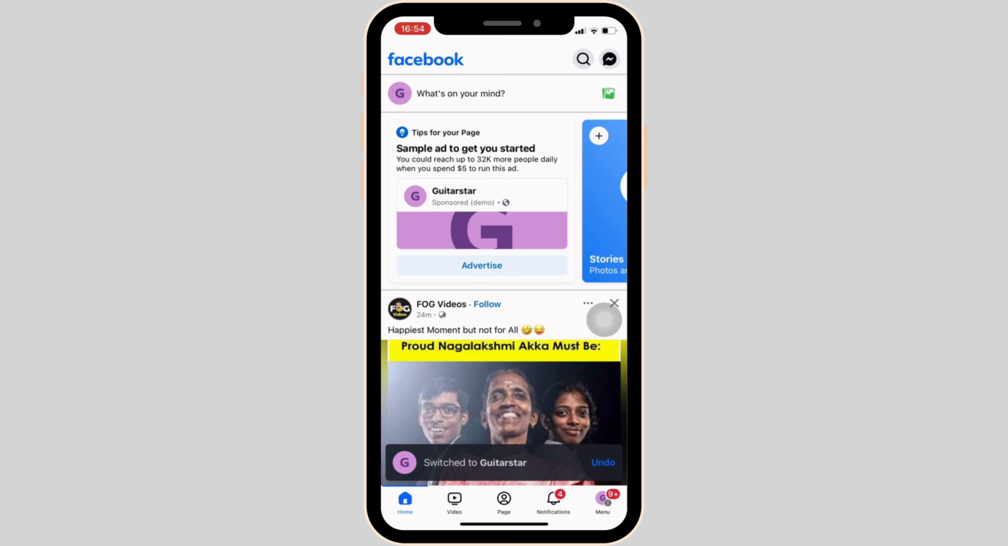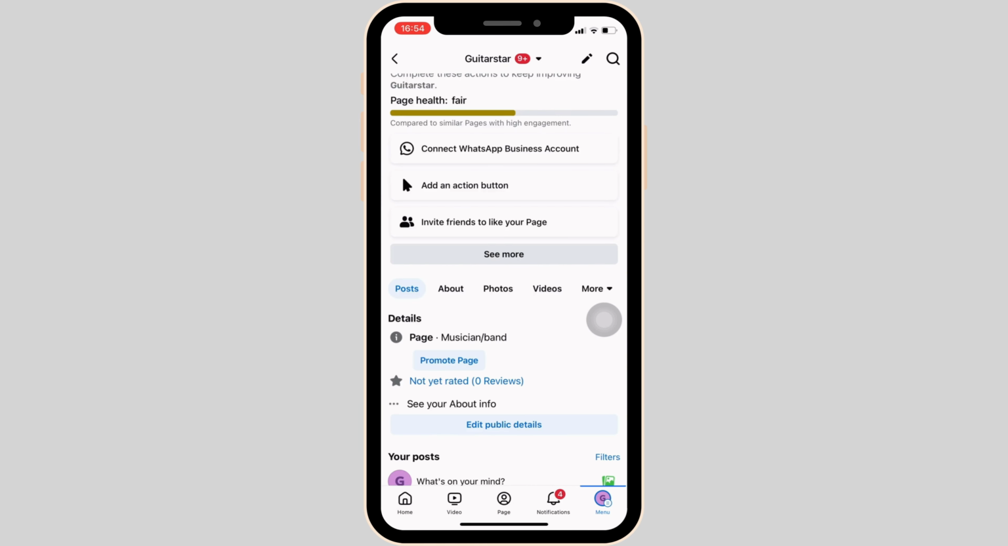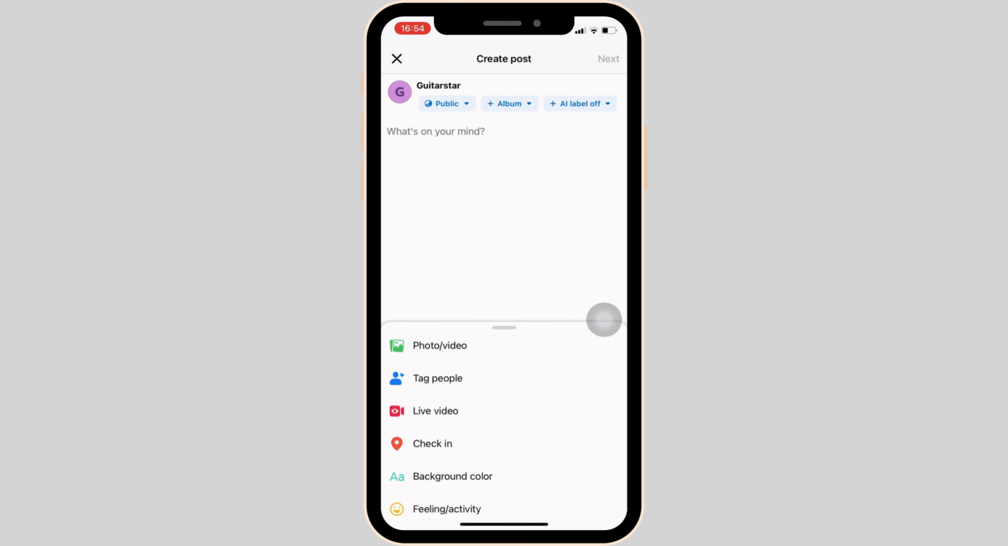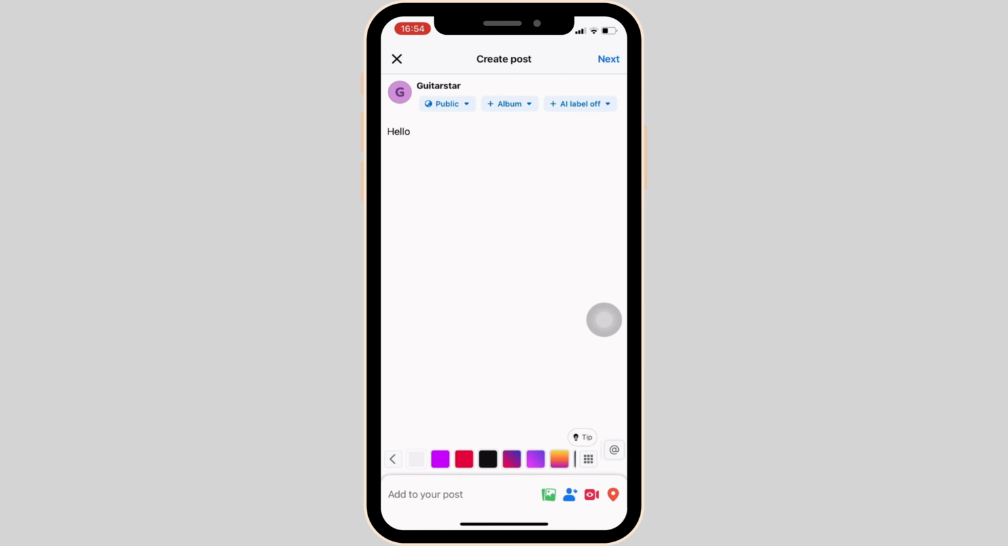Head over to the menu at the bottom right corner and then head over to your profile. Scroll down and click on What's on your mind. Now you can simply upload the photos, videos or the status that you would like to post. Let's say I would like to post a status. Once you've written it, the next thing you want to do is once again tap on Add to your post at